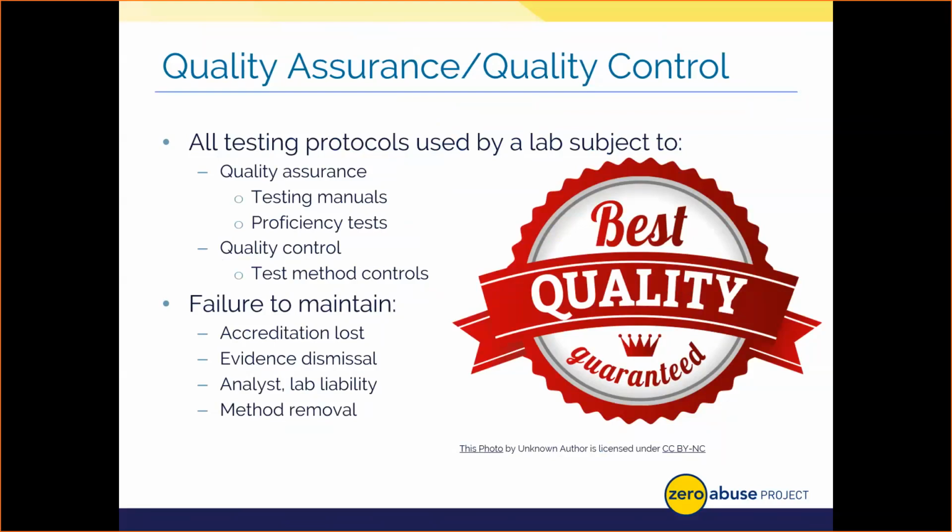All right, we have to document and maintain all QA/QC elements for accreditation if your lab is accredited, and to ensure that all lab items are processed according to the approved methods and within the constraints to which a lab can perform testing. If we don't do that, a lab can lose its accreditation. Evidence could be dismissed in court as a result. Analysts have faced jail time for using unauthorized deviations from lab methods without approval, right? So we really have to hone in on QA/QC, and that's something you should always look at with your testing labs or if you're choosing a new vendor.